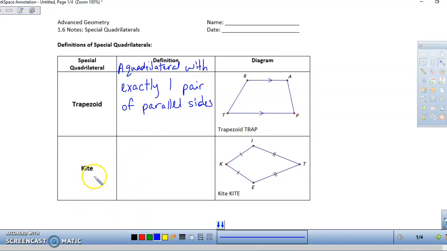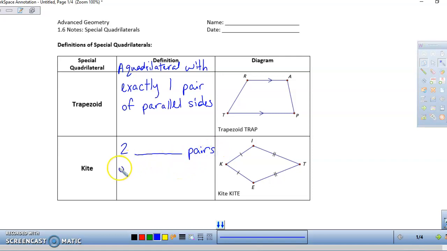Kite. So kite is actually pretty difficult to describe. So it's a quadrilateral with, and you can see we have two congruencies here and then two congruencies here, but notice that they are not congruent to each other. So you can't have all four of them be congruent to each other. So to write that out, we're going to say with 2, and then I'm going to leave a little blank here to fill in a second, but 2